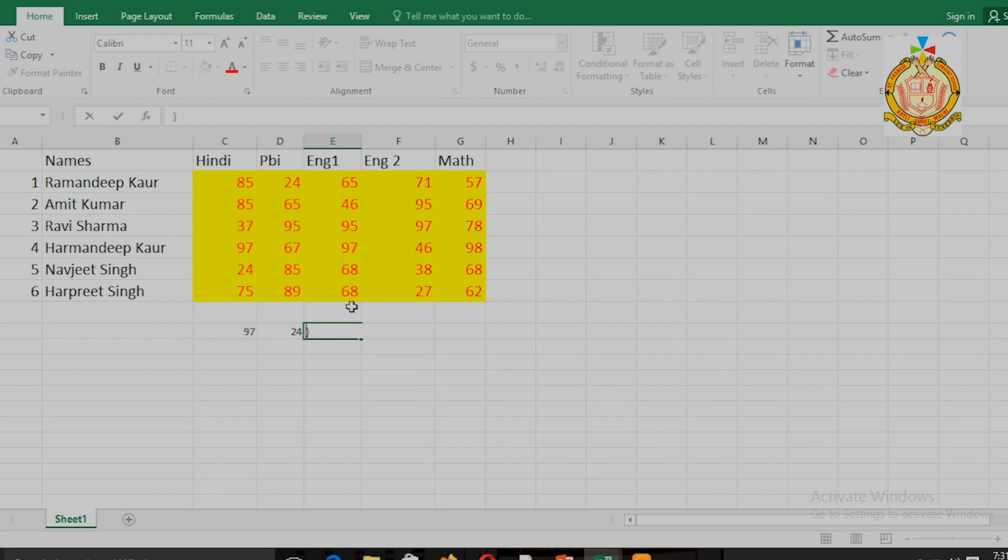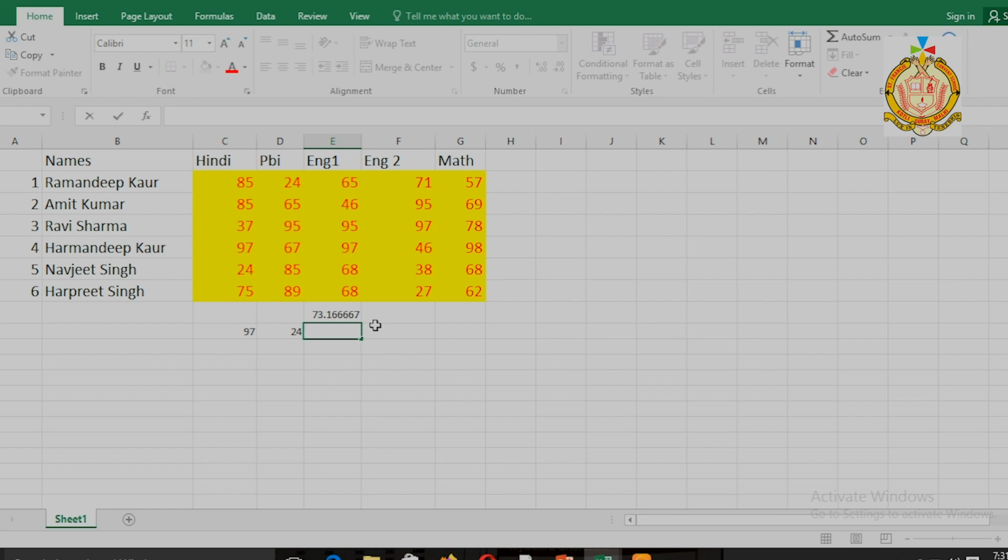For putting the formula, first we have to select our data, then auto sum average. Okay, this is the average of this English 1 marks, 73.16. Okay, this is the average of our marks.